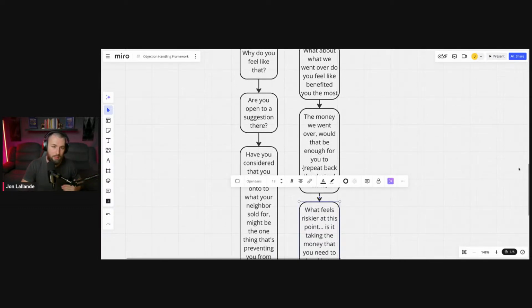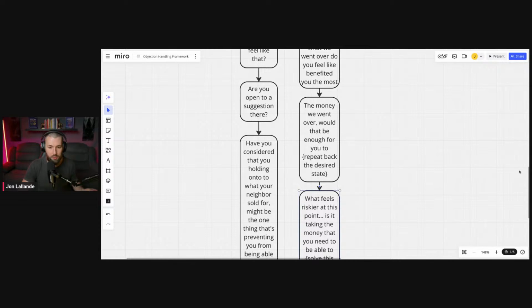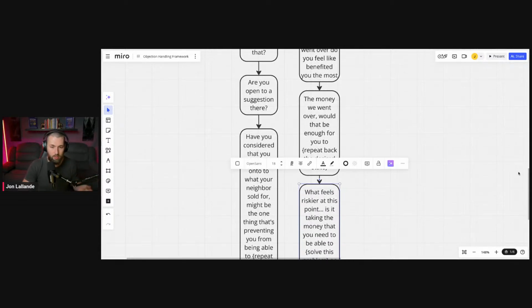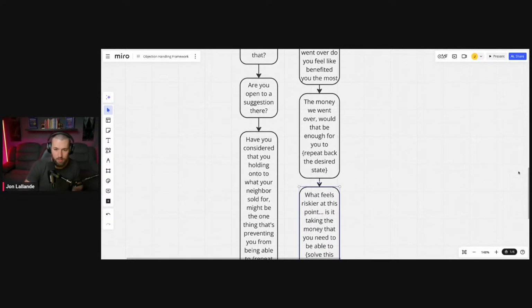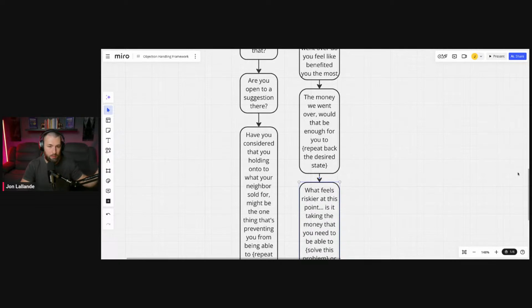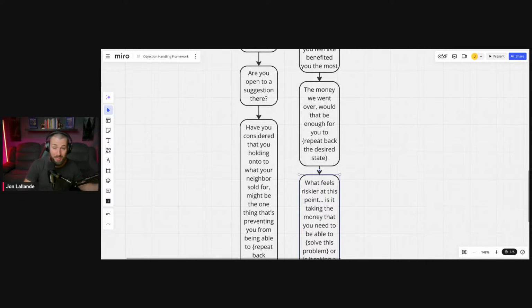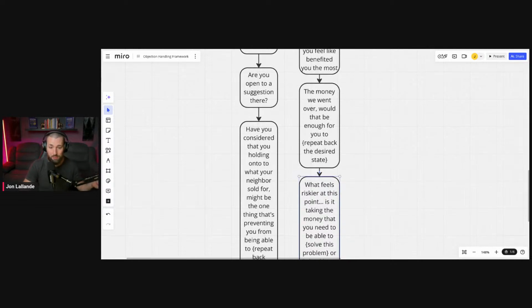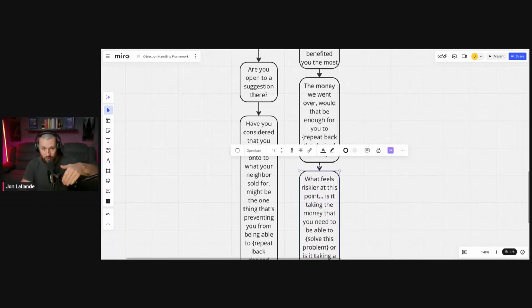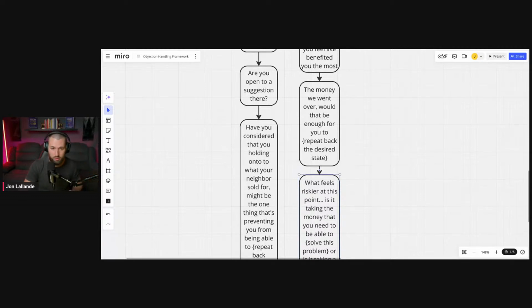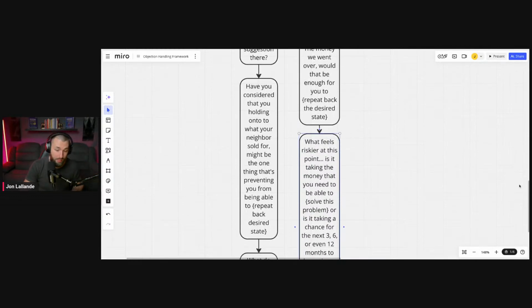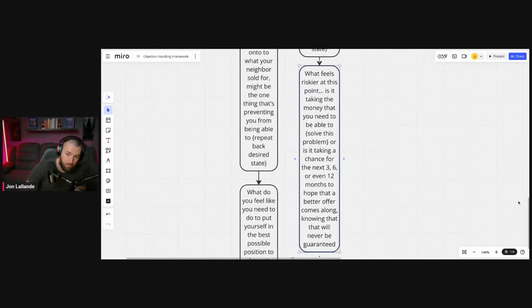Now, the $200,000 that we just spoke about that you would walk away with, would that allow you to buy the next house so you could spend more time with your kids? Would that allow you to buy the next house so you don't have to worry about cooking meals in your microwave anymore? Would that allow you to pay off the mortgage and get enough to rent your next property so that you can start this next chapter of your life? Well, yeah, it would, but I need more money.